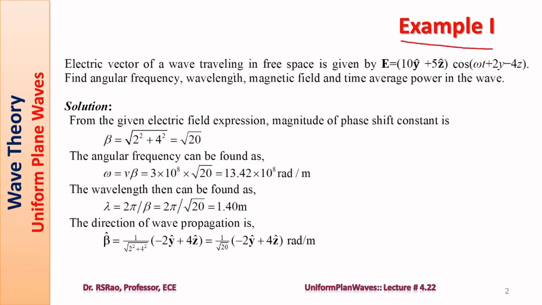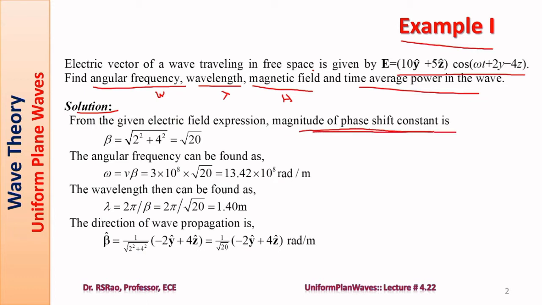Electric vector of a wave traveling in free space is given by E equal to (10 y cap plus 5 z cap) cos(omega t plus 2y minus 4z). Find angular frequency, that is omega, wavelength, that is lambda, magnetic field, that is H, and time average power in the wave. Solution process. From the expression,